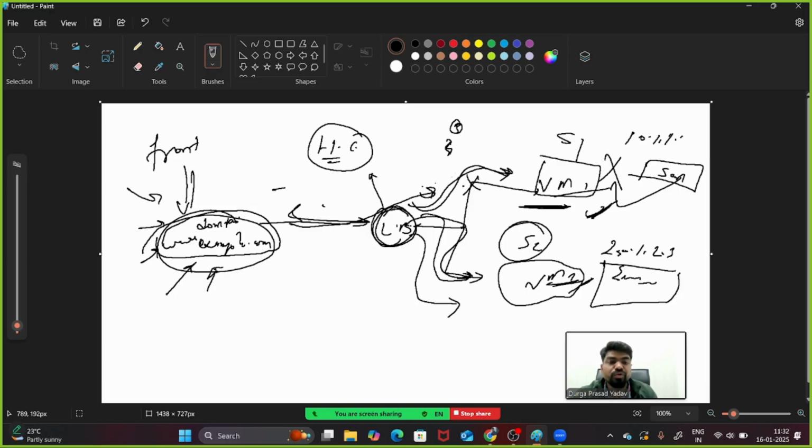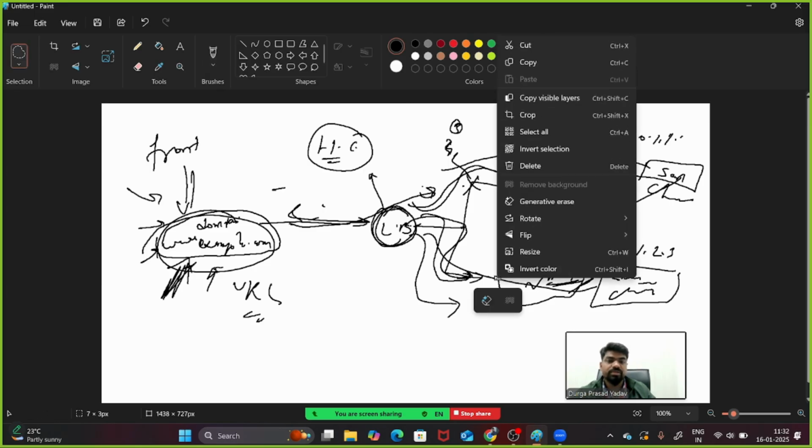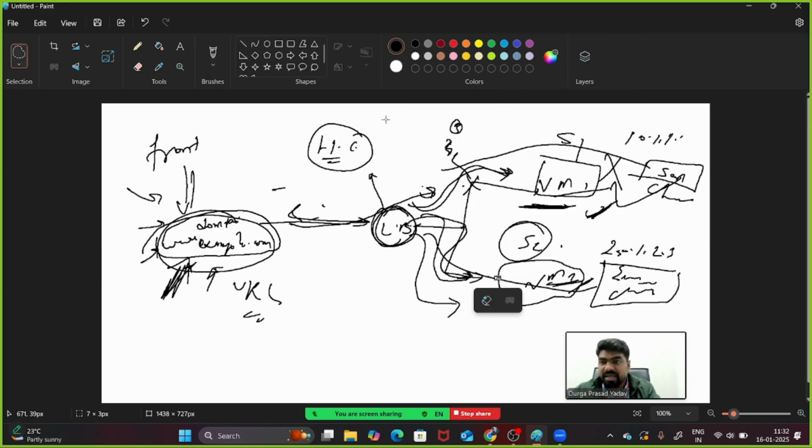You will not come to know whether the response is from this server or that server. But if you change the page on each, then on the same URL or your domain, you will come to know whether it is responding from VM1 or VM2. This is the concept of a load balancer, guys.